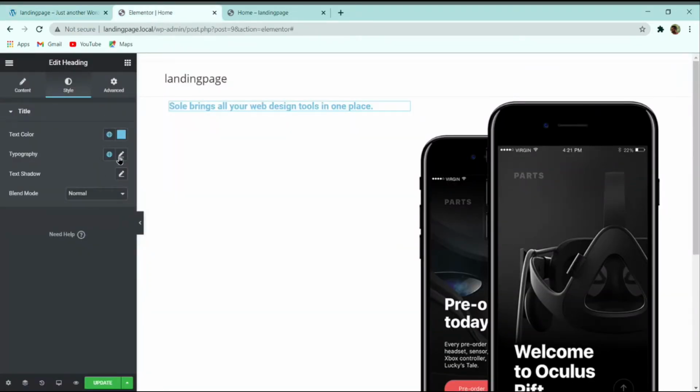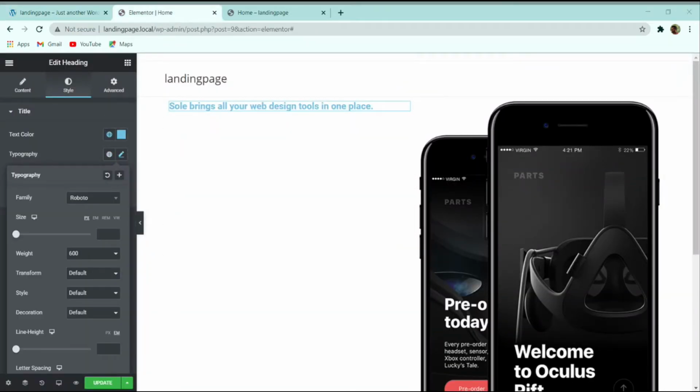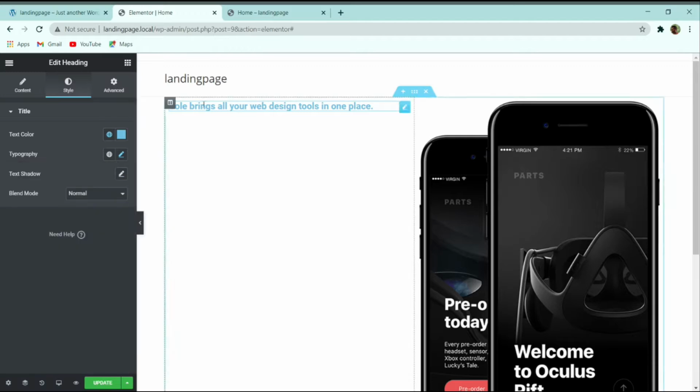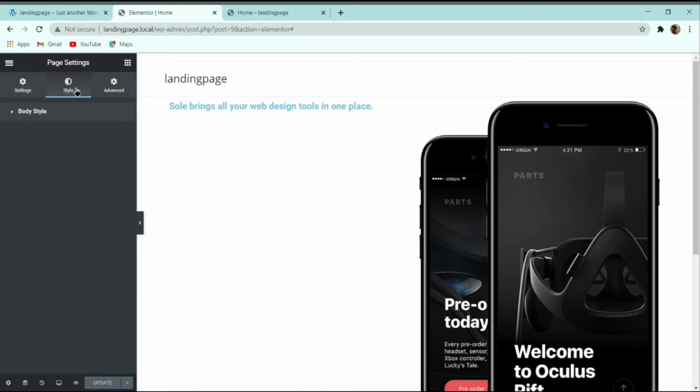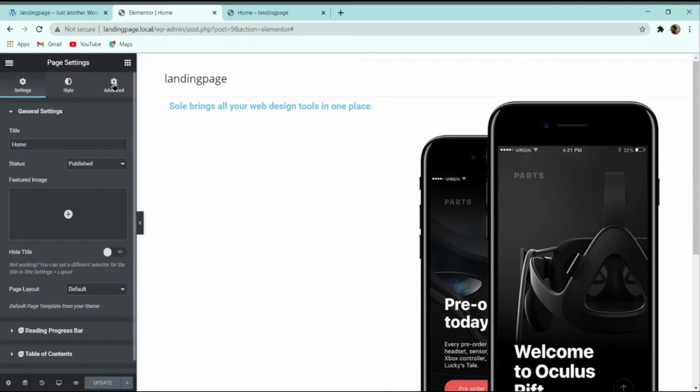Now simply click on this typography, and let's change the typography of the website. Here you can select a default typography for all those things. Let me show you that option. Whenever you select this setting over here, you get this style, and here you can see this body style, and from advanced you can add CSS over here.